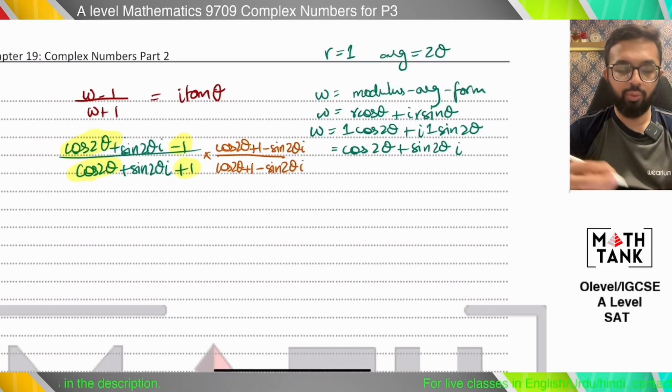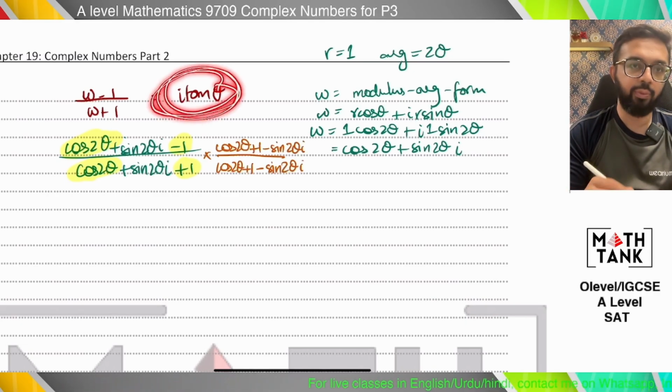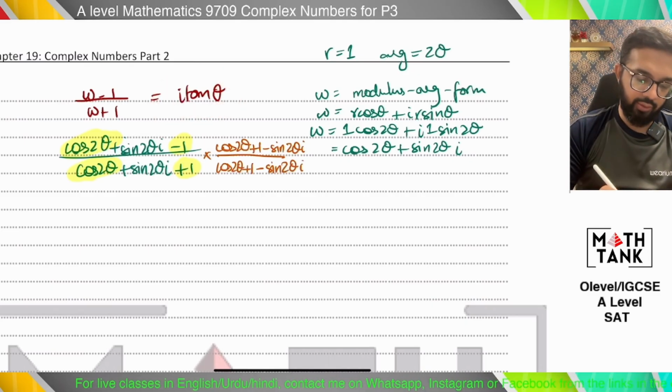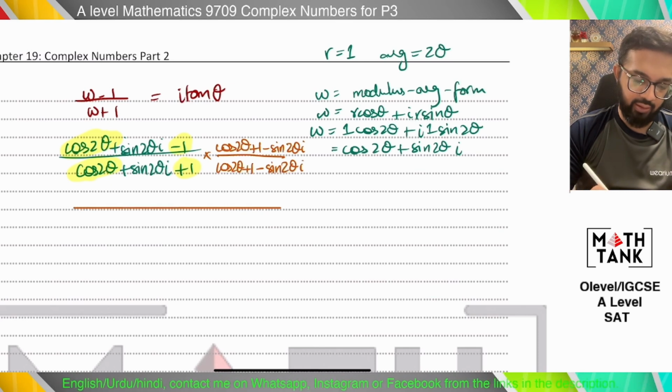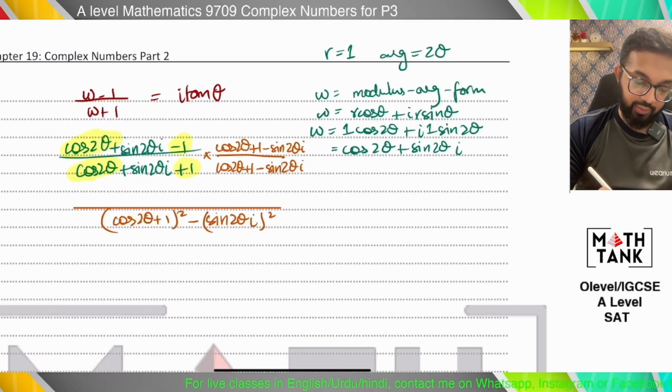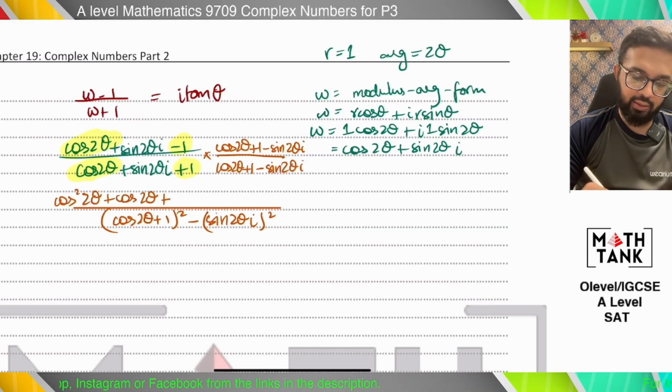What I'm trying to do is remove the denominator, because what I have to prove doesn't have a denominator. Might have a denominator. I'm expecting to get sine theta in the denominator, but let's see what happens. This will become cos 2 theta plus 1 whole square minus sine 2 theta i whole square, and that also becomes, I'll multiply that separately, because cos square 2 theta plus cos 2 theta plus